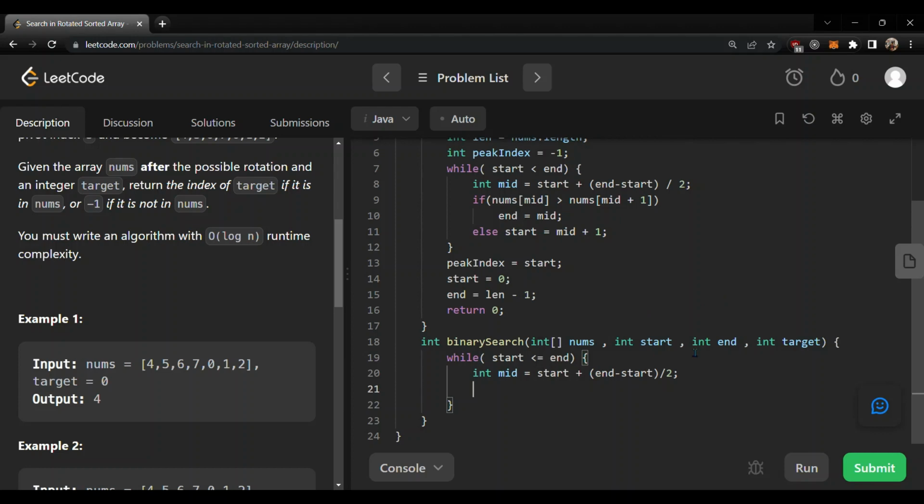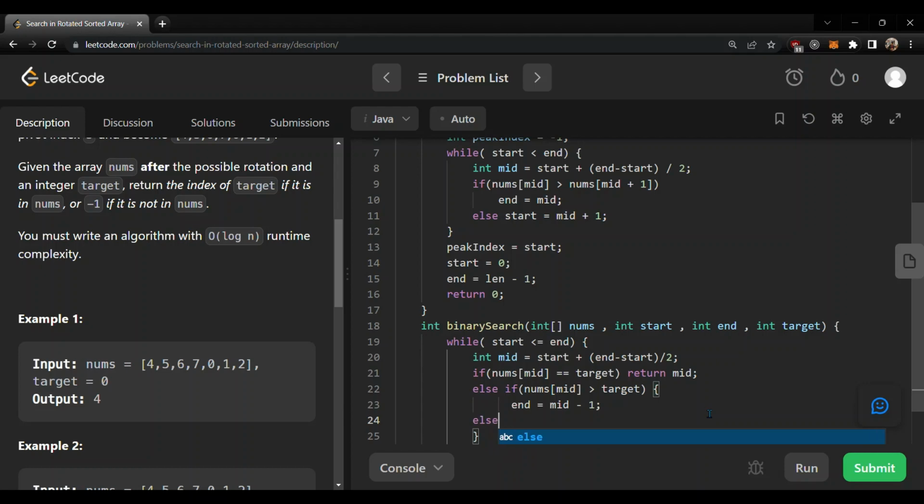Okay, and we will check if nums of mid equals target, so we will just return mid, else if nums of mid is greater than target, so we just need to make end is equal to mid minus 1,